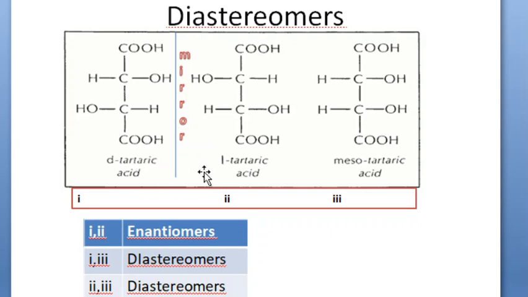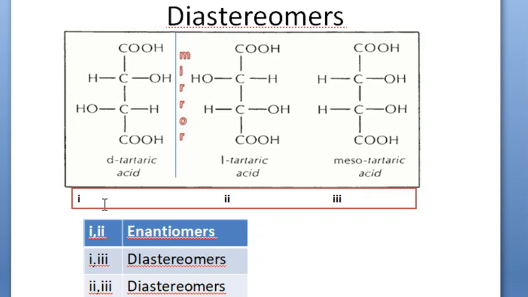So that's how, when it is placed in a mirror, you will get D and L tartaric acids. If it is D and L tartaric acid, these two are mirror images and non-superimposable, so they become what? Your enantiomers, they become as 1 and 2. This is 1 and this is 2. Both are what? Mirror images. So mirror images and non-superimposable, therefore 1 and 2 become what? Enantiomers. The table that is given at the bottom in blue you can see. So 1 and 2 are what? Enantiomers. What about 1 and 3?